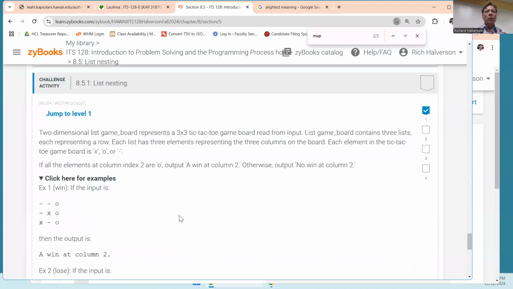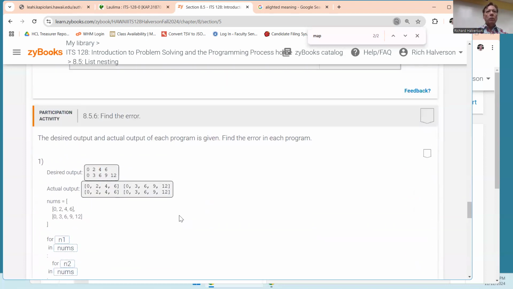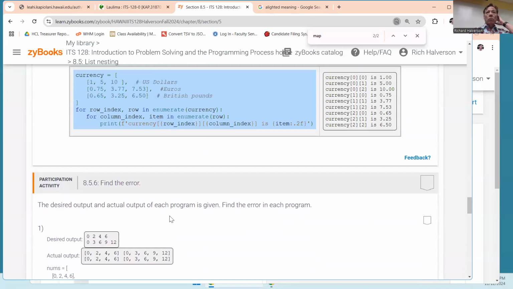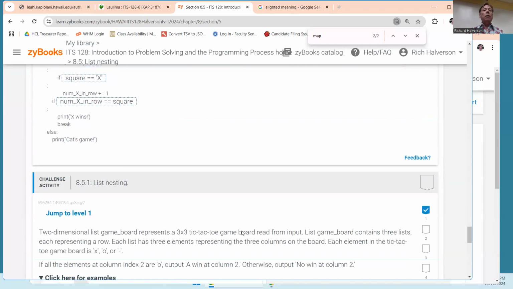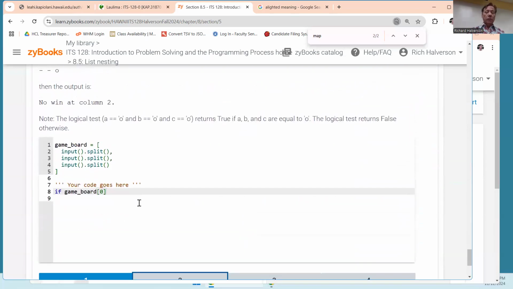How do we refer to it? That's what I thought. Okay, so yeah, right. Oh yeah, got it. Okay, so then we do it this way. 0, 2 equals O, and